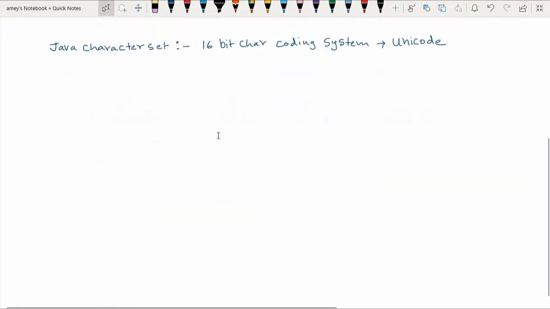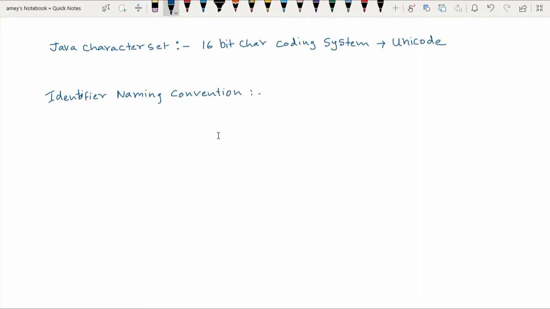Let's quickly see the naming conventions. So I will write here identifier naming convention, or in a better way I will not say convention, I will say naming rules.